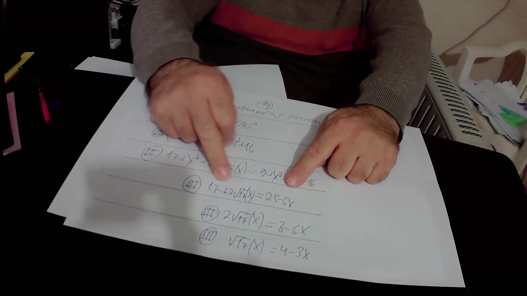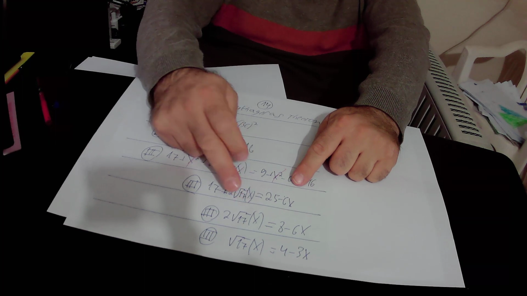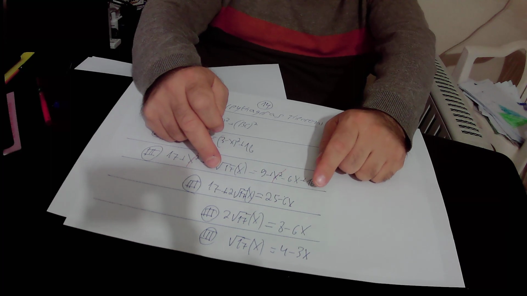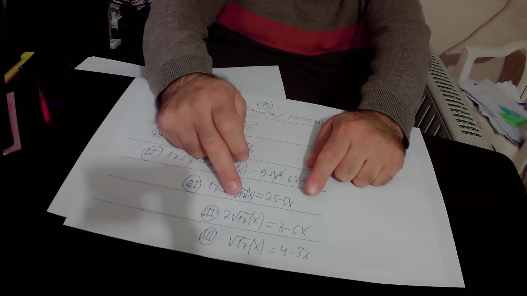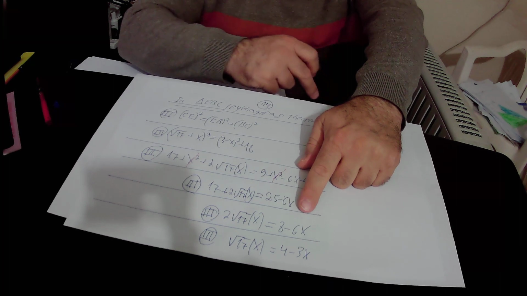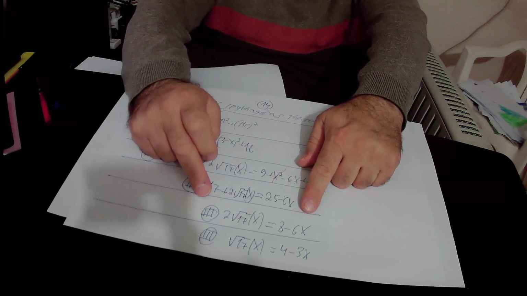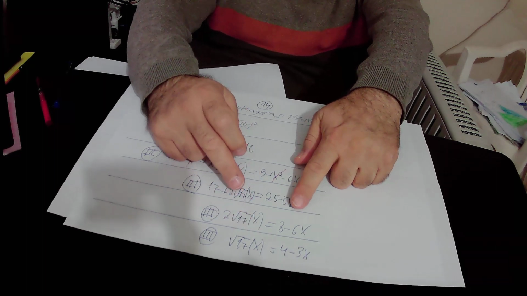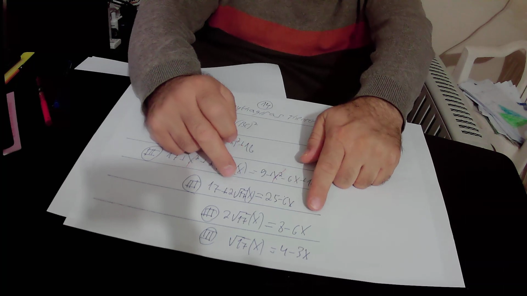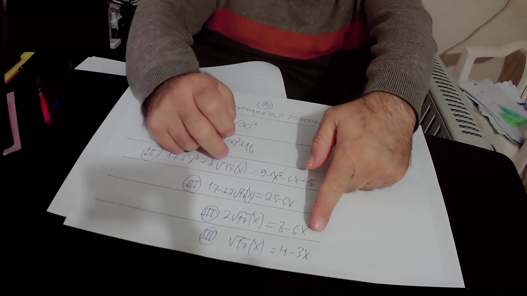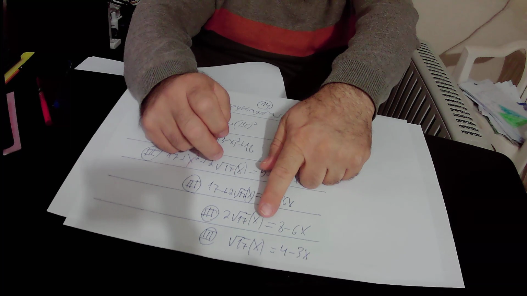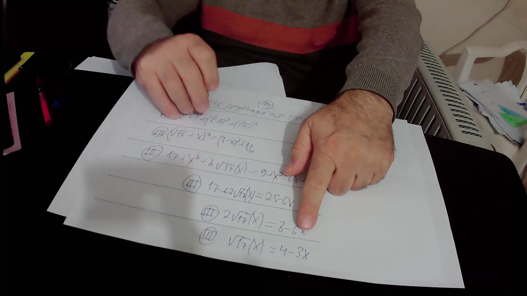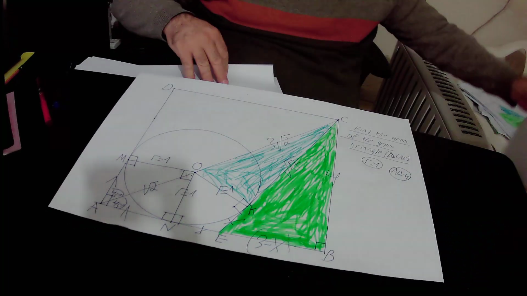And we got here 2 times square root of 17x equals 25 minus 17, which is 8. So we got that 2 times square root of 17x equals 8 minus 6x. We divided this equation by 2, and we got that square root of 17x equals 8 over 2, which is 4, and minus 6 over 2 is minus 3x. So in conclusion, we got that square root of 17x equals 4 minus 3x. We added 3x to this equation, equation number 3, and we found out that